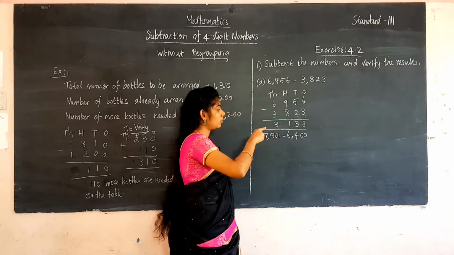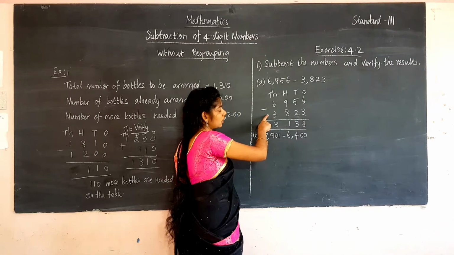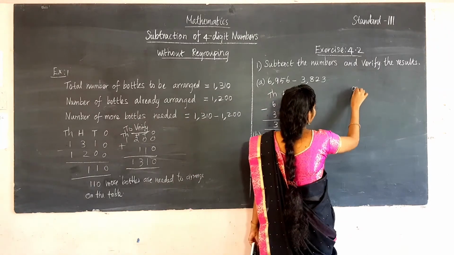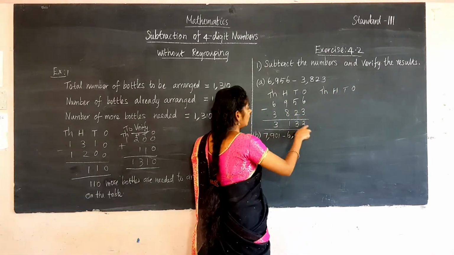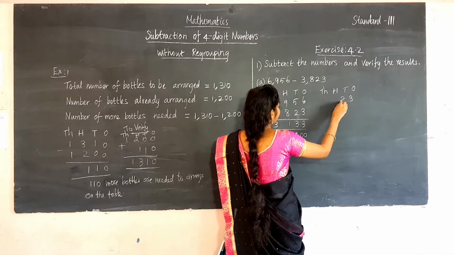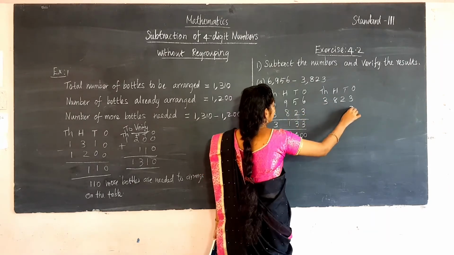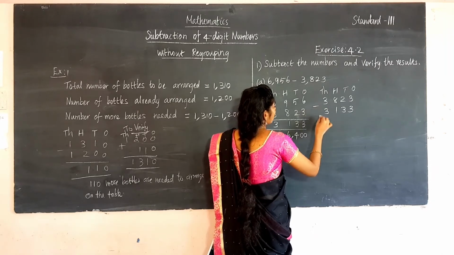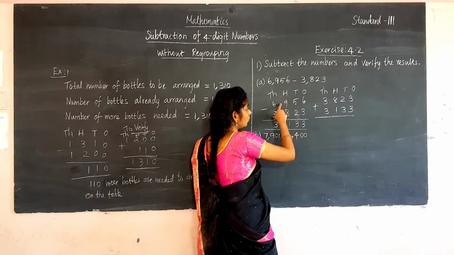So how will you verify the number? With the answer that we have found, you add the smallest number, and you will get the answer. So how will you write? First write the places: ones, tens, hundreds and thousands. Now write the numbers given here. The two numbers you are going to fill: 3 in the ones place, 2 in the tens, 8 in hundreds and 3 in the thousands. And here 3 in the ones, 3 in tens, 1 in hundreds and 3 in the thousands place. Now you are going to add these two numbers.